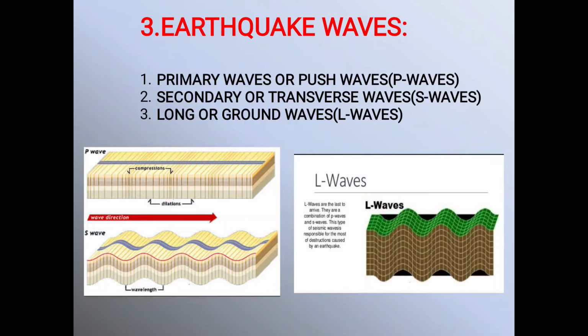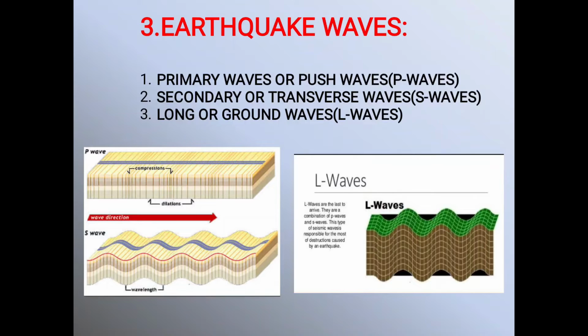Now second waves of the earthquakes or seismic waves are secondary or transverse waves. Those are also known as S waves. Now these seismic waves are similar to light waves, where each particle is displaced at right angles to its direction of movement. These waves cannot travel through a liquid medium. Now this is the difference between primary waves and secondary waves. The primary waves can travel through the liquid medium, whereas the secondary waves cannot travel through the liquid medium.